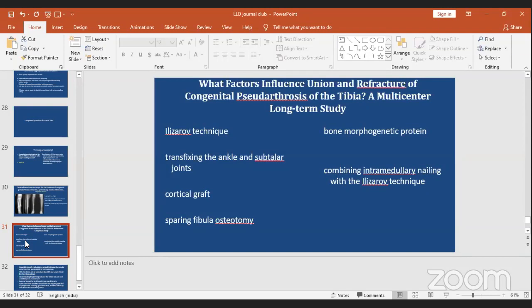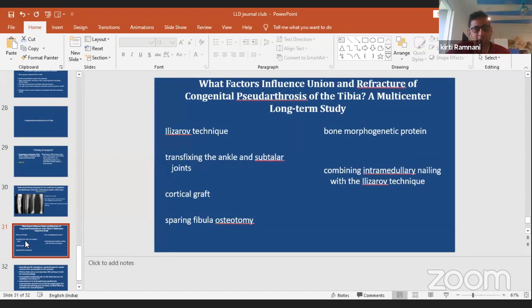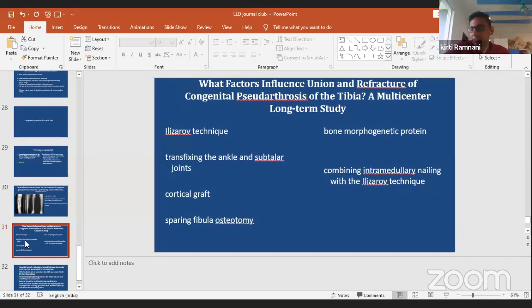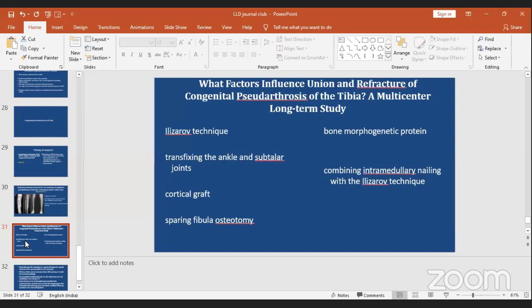Yes, Kirti. Any comments on this paper from Manipal, where they have said that if you combine intramedullary, we'll have to read that. Doesn't seem logical, but we need comparison. So Pele has been using plates, and the problem with plates instead of external fixator is that the tibia is very small, and the plates available with us are very big, and that limits the area which you graft when you use an LCP in exchange for an external fixator. I would still use external fixator because that allows compression and it allows you more area for grafting.